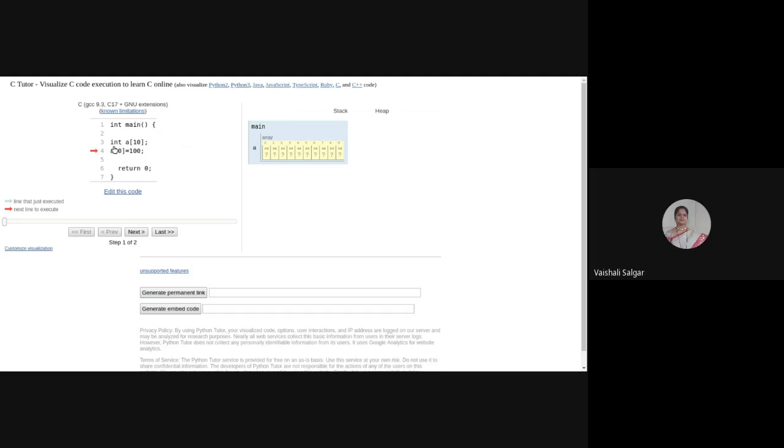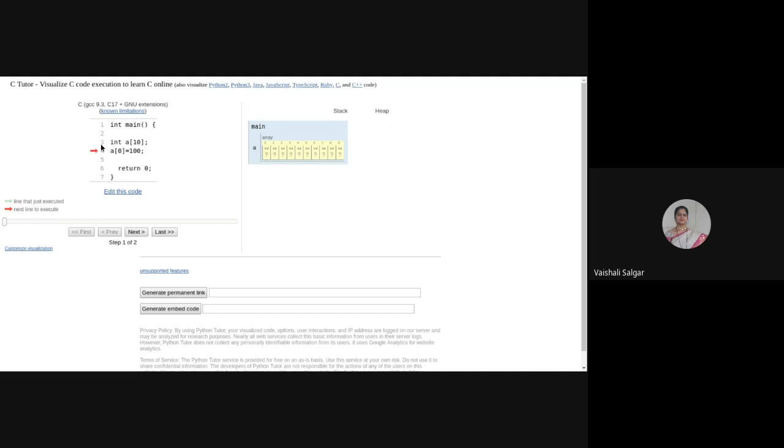When I say int a and declare it as an array, in the implementation part, immediately when it is declared, it creates a variable a of type array and allocates memory for this array. Is that clear? But the values are not stored anywhere up till now.